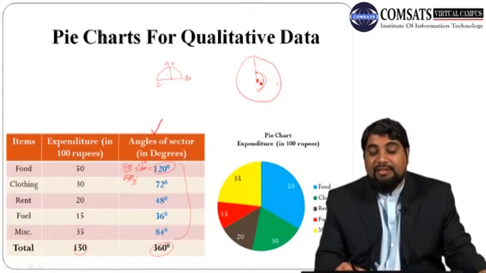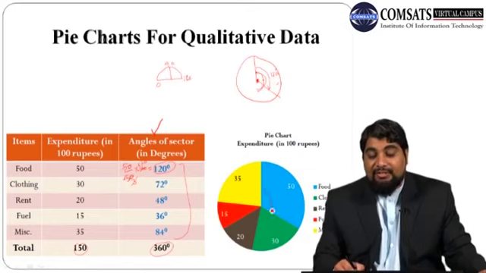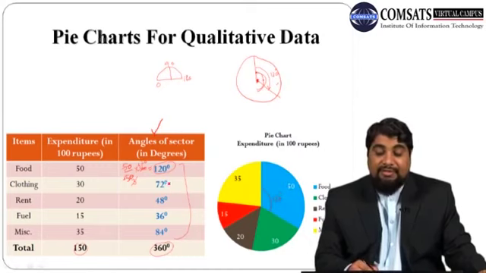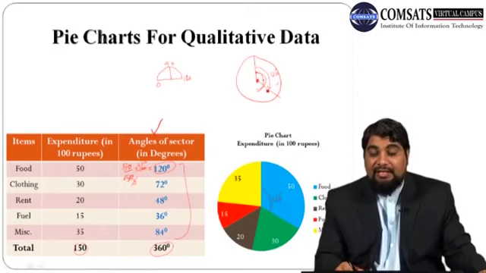So it will be somewhat here. So this angle, it is 120 degree. So this angle which is drawn here, it is of 120 degree. Next is 72. So again put the D here and measure the 72 degree angle from this line. So suppose it is up to this point. So this is 72 degree. So from this point to this is 72 degree.